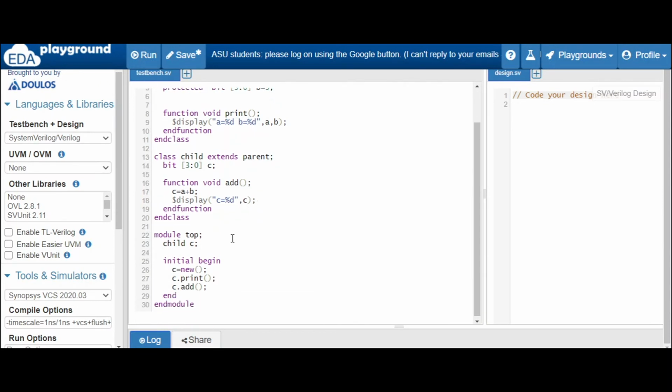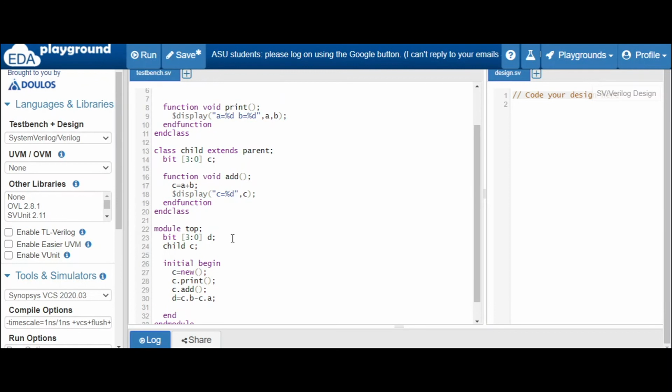Suppose in module top, let's declare one variable, [3:0] d. And let's perform one operation on the parent class variables, that is d equals c.b minus c.a. Let's do a subtraction on this, and let's $display the value of d.